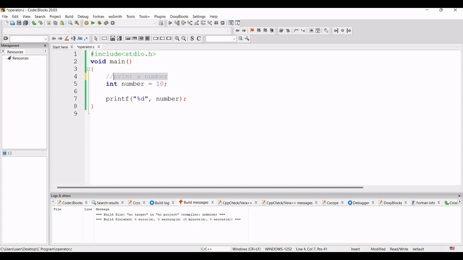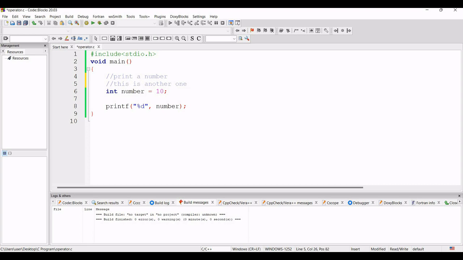For a comment, what we did is we just give two slash signs before the line. At that time this line will be commented. If in the next line I want to give another comment, suppose this is another one, and I don't want to execute it, I just want to keep it, so I will give two slash signs. At that time this line will also not be executed. Now you can see there are some color changes. That means these lines will not be executed. So this is the main function of comment.